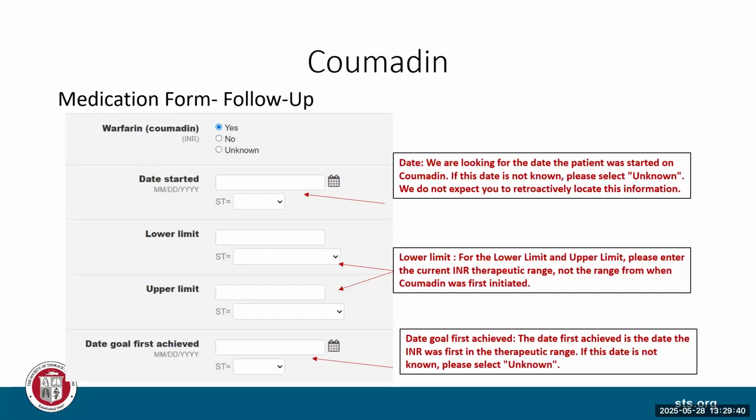I interpret the date goal first retrieve was from when first on Coumadin initially, if they are looking for time to therapeutic. Yeah, Colleen, that was kind of what we were talking about initially. And I think that because it's saying goal and the goal can change over time, we're looking at the current goal of say 2 to 3, when did they first get in that range?